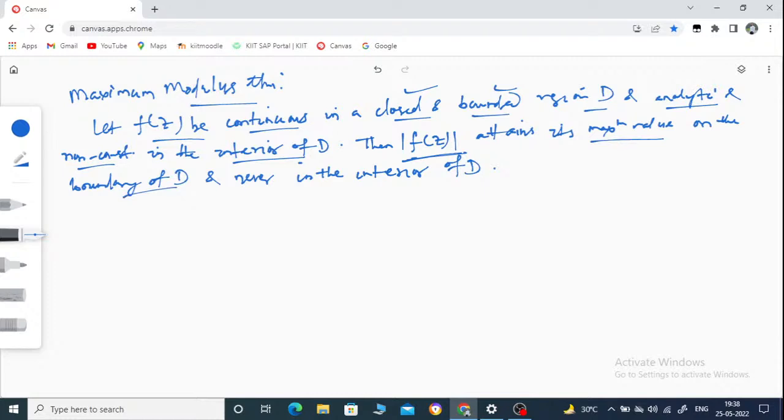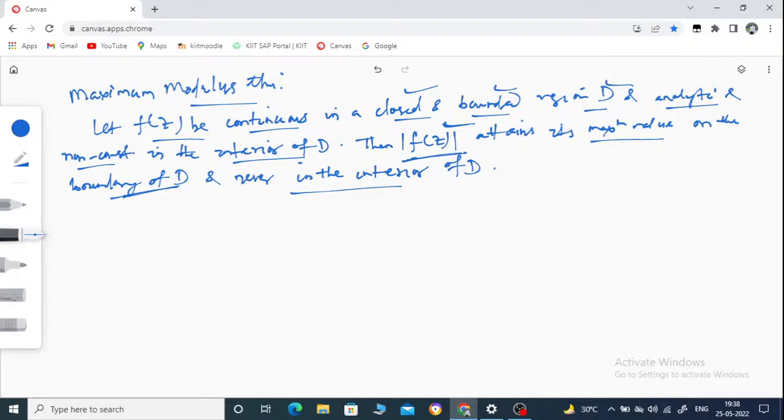So on its boundary, the modulus of f of z will attain its maximum value, never in the interior of D. So in the interior of D, the modulus of f of z is not maximum. Its value is maximum only on the boundary of D. Okay, so